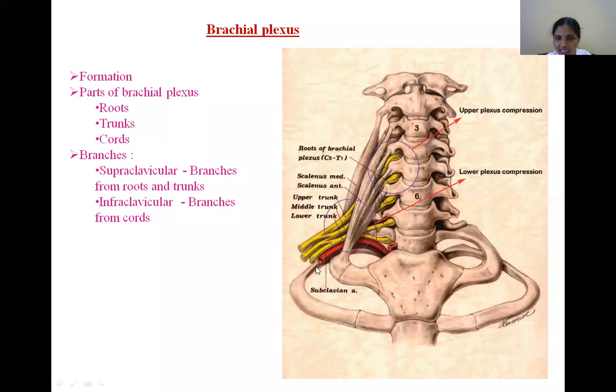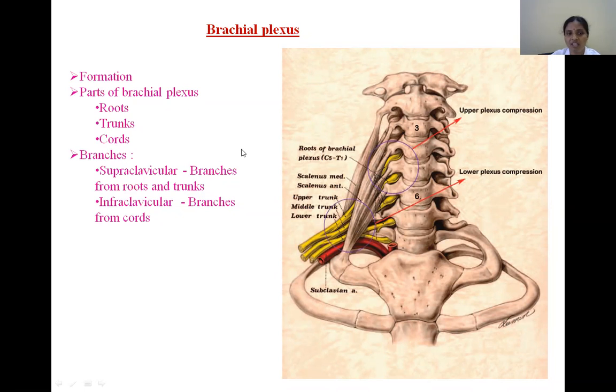So what does this indicate? These main great nerves supplying the upper limb are formed in the posterior triangle. That's why in the dissection of the upper limb, we dissected the posterior triangle of the neck first. So one can know the formation of the brachial plexus by doing the dissection of the posterior triangle only, right? So it has three segments, roots, trunks and divisions. These divisions unite to form the cords.